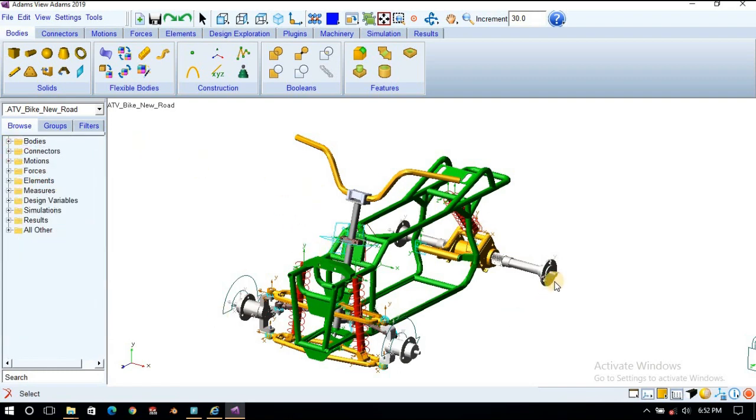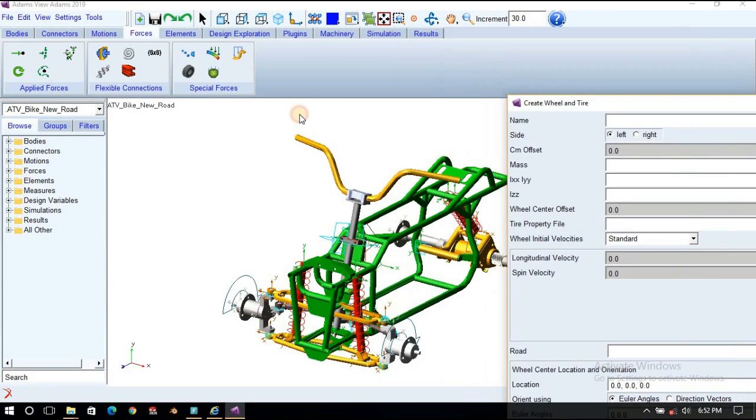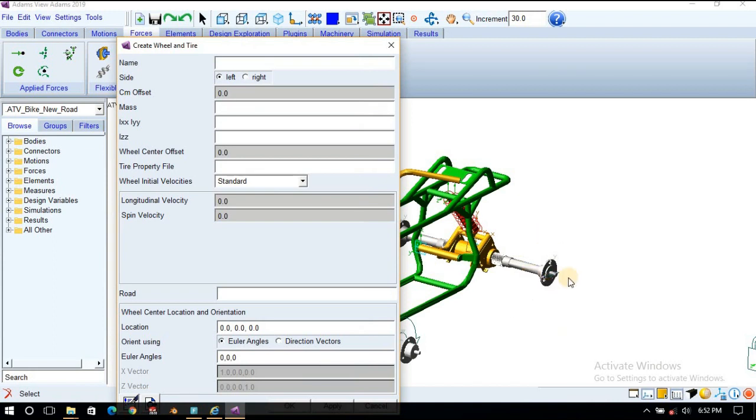So first we will build the four wheels. Here in the force menu you will find the special force tab, and there is a symbol of a tire. Click on that, create tire. First we'll create the rear tire, left side.